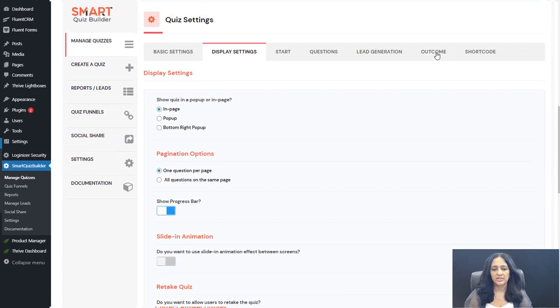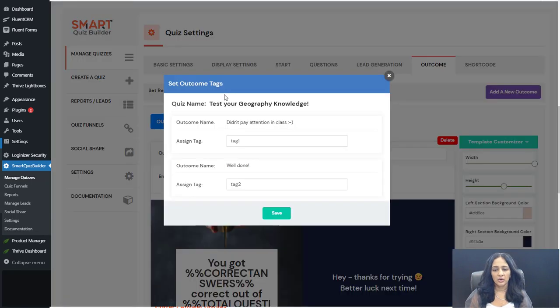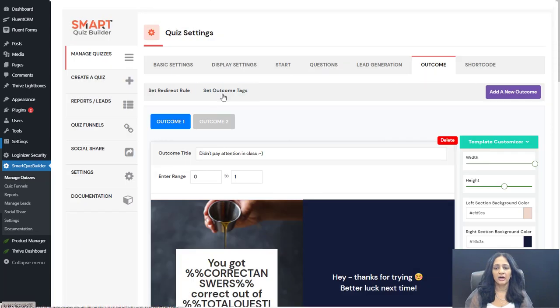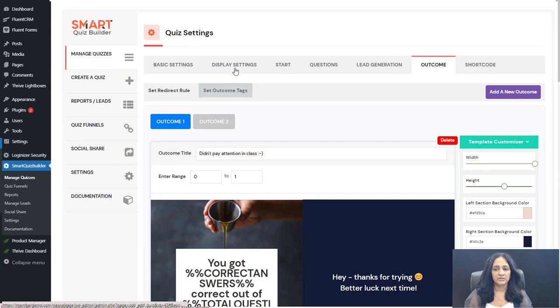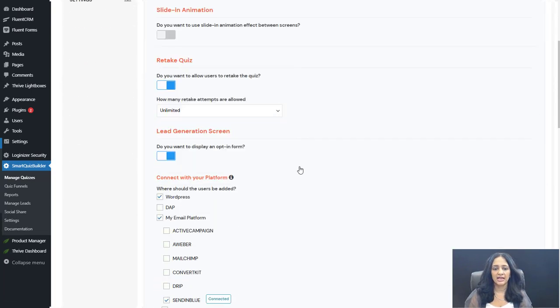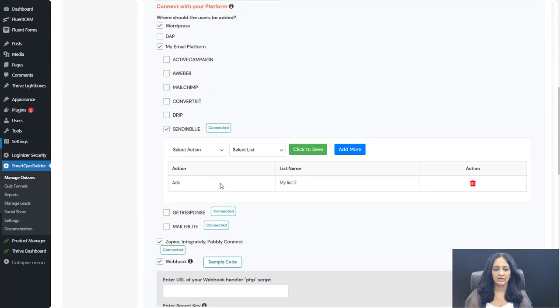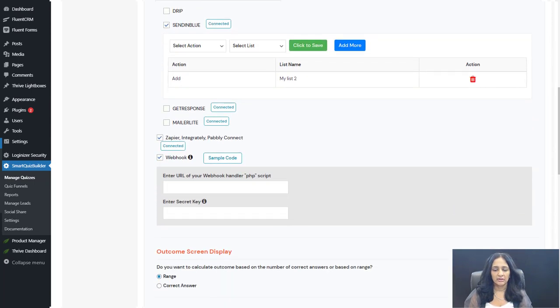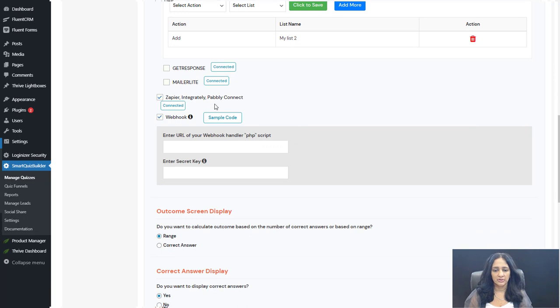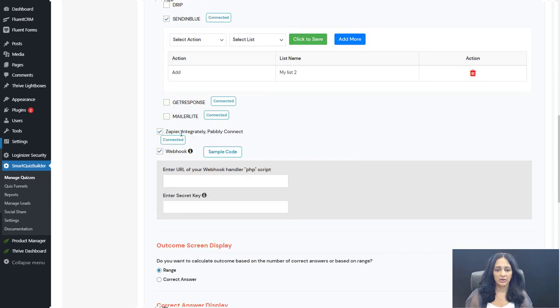All right. So I'm also assigning a tag, and I'm doing outcome level tags. So users are going to get different tags based on the outcome they get. And you can do that in the outcome screen. So when you create your outcome, you can assign tags, and whatever tag you assign to each outcome, that's the tag that these users are going to get when they are added to your list. They will be added. They will get the right tag based on the outcome. All right. So you can do the tag assignment there in the outcome screen.